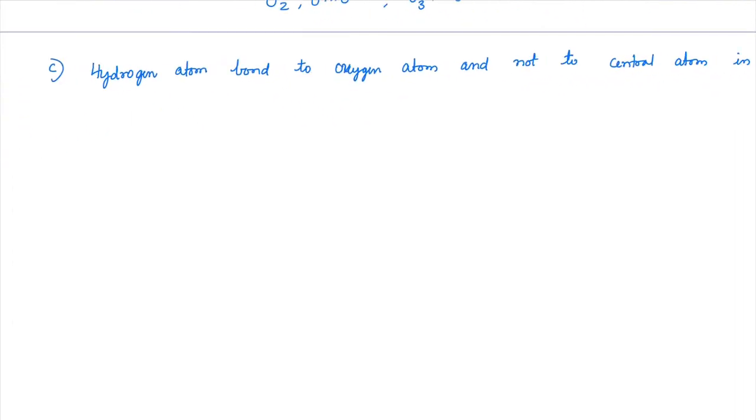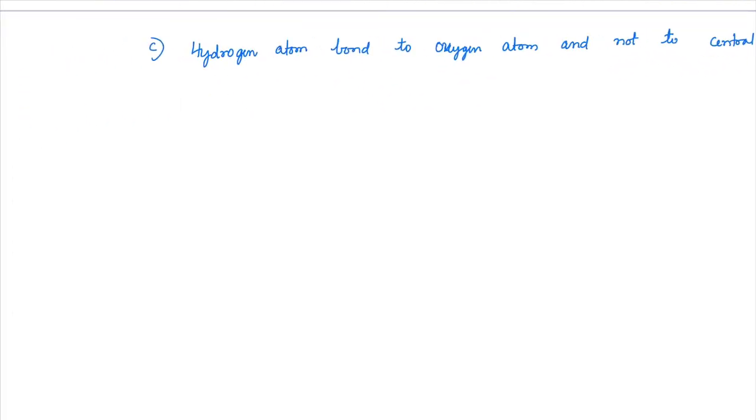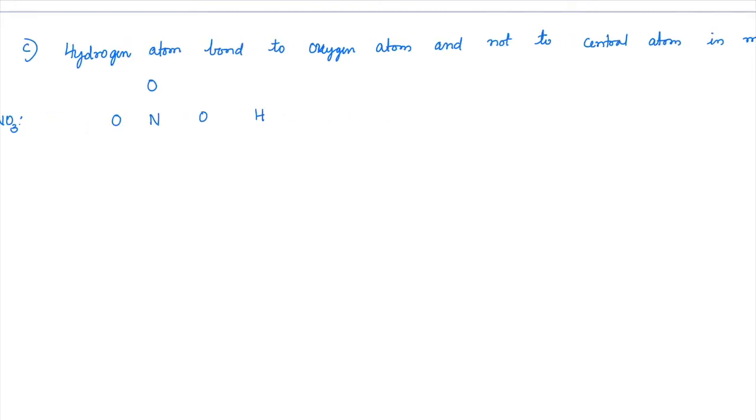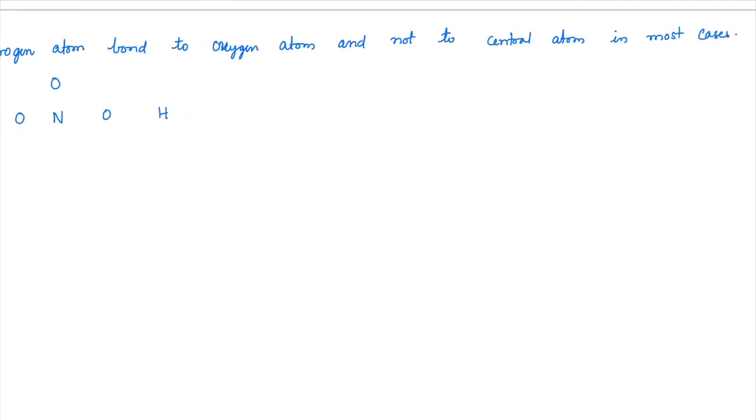Okay, except very few, you will see hydrogen is always bonded to oxygen only. Suppose I have to write the skeleton of HNO3, that means I'll have N, O, O, O and H somewhere outside trying to bond with oxygen. If I have H3PO4, that means it is P, O, O, O, O with 3 hydrogens bonding at 3 oxygens.